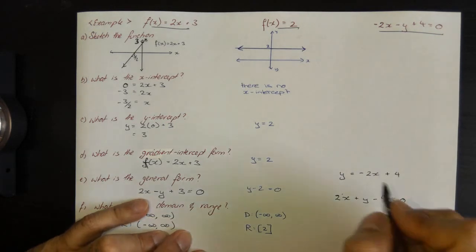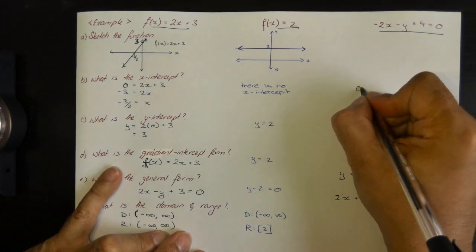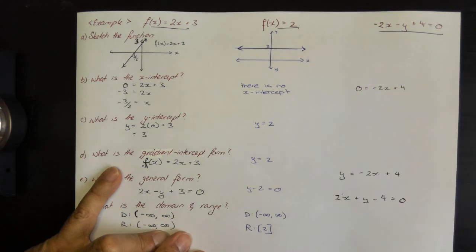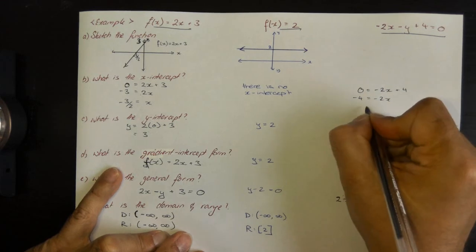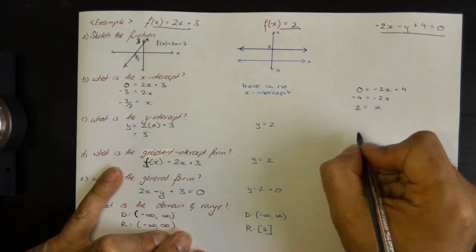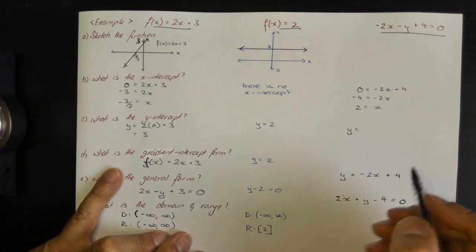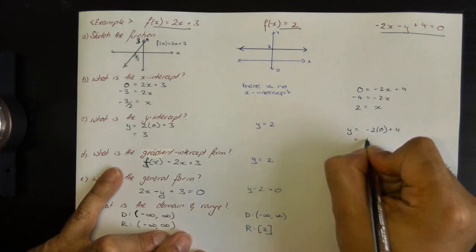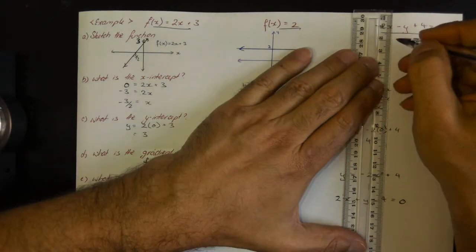All right, so what would be my x-intercept? That's when y equals 0. So I get this. Okay, so I get negative 4 divided by negative 2 is 2. And then my y-intercept is when x equals 0. So that would be 0 plus 4. I get positive 4. Okay, so if I was to sketch it,